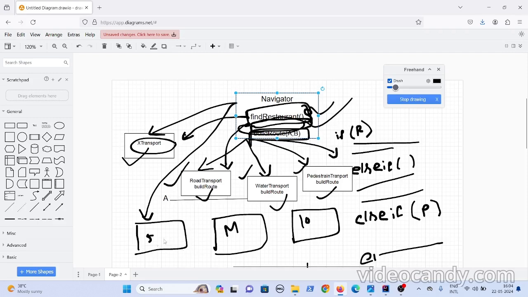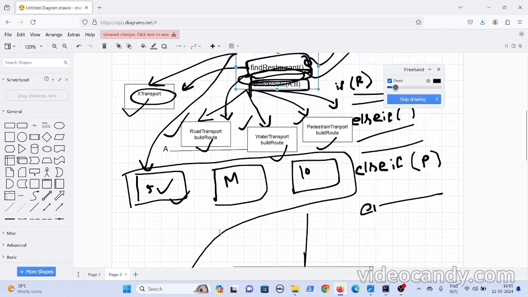So I have created 5-star restaurants, medium restaurant and all, and I'll implement this find restaurant method. But what you fail to notice is, along with implementing find restaurant, you need to implement this build route as well.